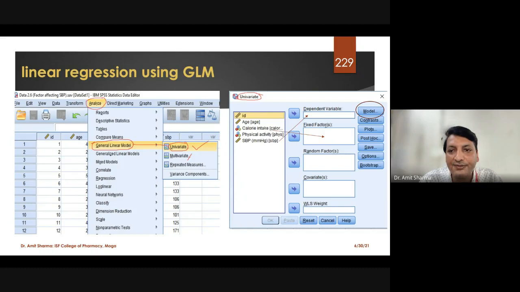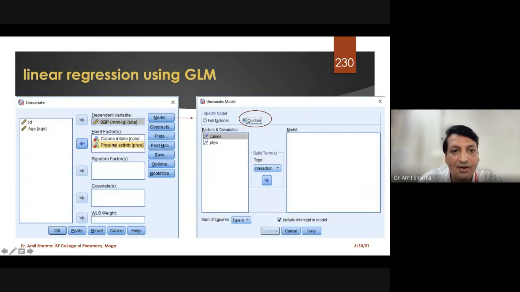Now on this side you can see that the name of the independent variable is not written. The independent variable will be considered a fixed factor. The dependent variable, we know, is the systolic blood pressure of the patient, which is given in terms of scale. You can identify the icon of systolic blood pressure like this, with this icon you can identify the data you have entered in the software in terms of numbers, numerical data. So you take systolic blood pressure into the dependent variable box, and calorie intake and physical activity you take as fixed factors here.